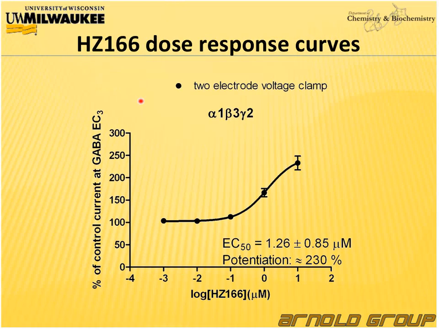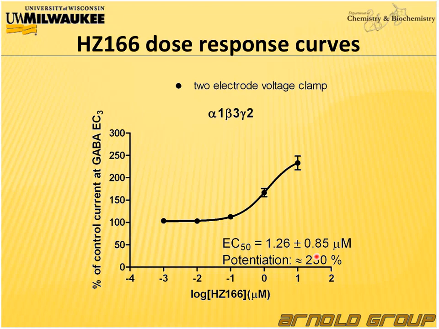So in the next part of my talk, I would like to show you the data we obtained by using a positive modulator, HC166, which is based on the benzodiazepine scaffold. This assay was carried out at a GABA EC3 concentration with an increasing amount of the positive modulator. And what we see here is a potentiation of the initial GABA-A induced